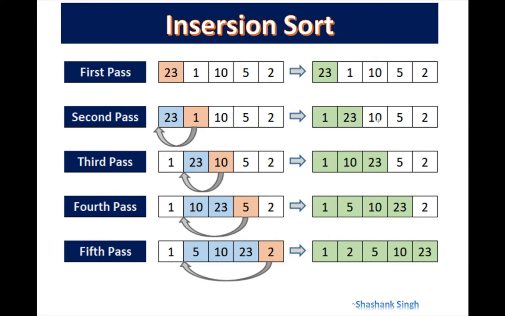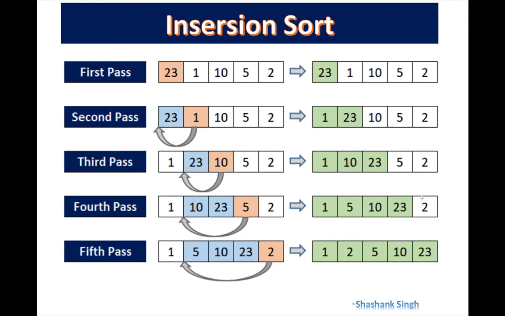Now these are all in the unsorted list. The first element of the unsorted list is 10 now. So the current element is 10. The current element will be compared with the elements of the sorted part, so 10 will be compared with 23. 10 is less than 23, so 10 will be swapped with 23. Now 10 will be compared with 1. 10 is greater than 1, so we'll keep the element at the same position. So 10 will be shifted here, and then the first element of the unsorted part will be 5, which is the current element. 5 is less than 23, we'll swap this. 5 is less than 10, we'll swap this. 5 is greater than 1, so we'll come out of the loop and keep this 5 here.